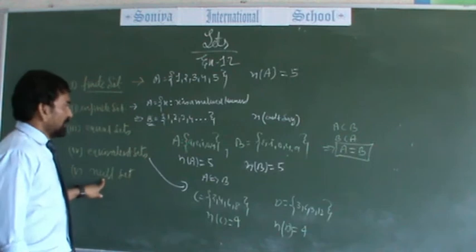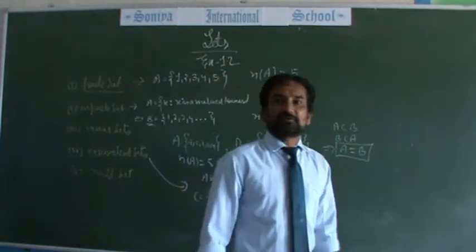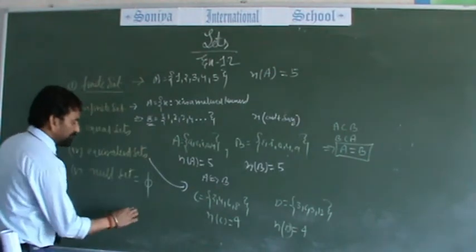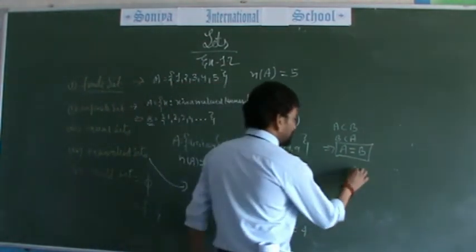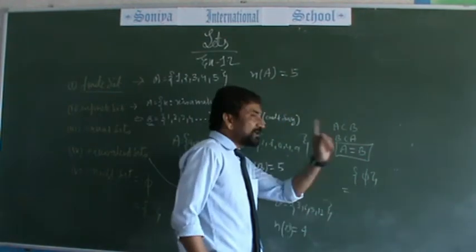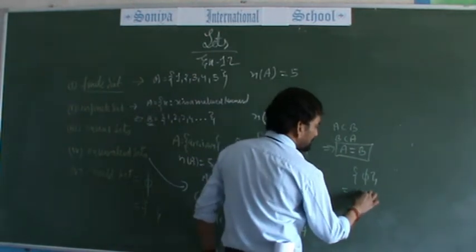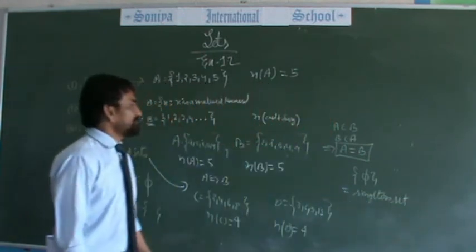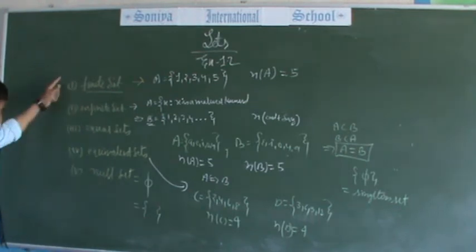About the null set, I told you in the previous lecture, a set which has no element is known as a null set, and the null set is defined by two ways, either by the empty braces or this symbol. But again, I am repeating that. If I write 5 in braces, it means this is a set which has one element and that element is 5. So it is not a null set, it is a singleton set. A singleton set means a set which has only one element in it.